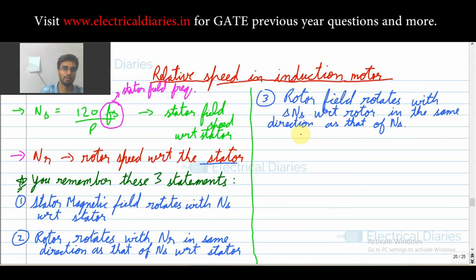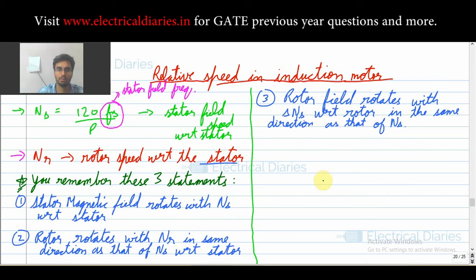I have already made a video on Fr is equal to S Fs, how we derived that relation. In that relation only we use these concepts. That video I have already linked, so you must watch it before watching this video. In this video I am concluding all the discussion. So now let us understand this last point.